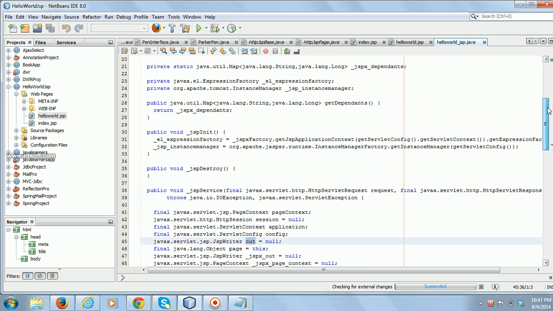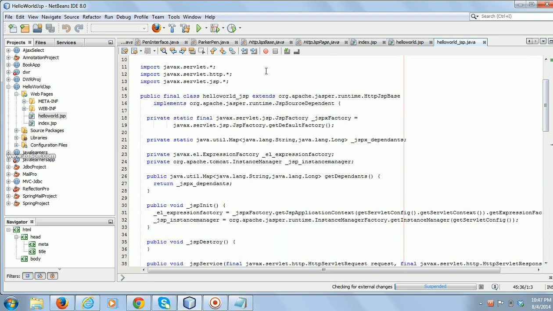Understand? So basically in Tomcat the class name is HTTP JSP base. In WebLogic this class may be different because different vendors may generate a different class which extends the HTTP servlet and which implements the HTTP JSP page.